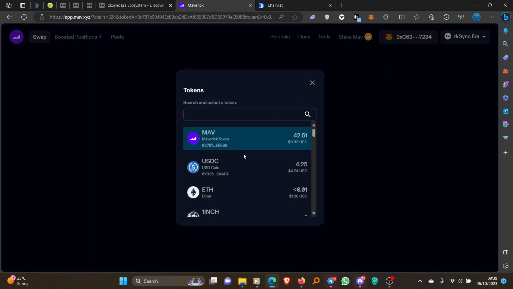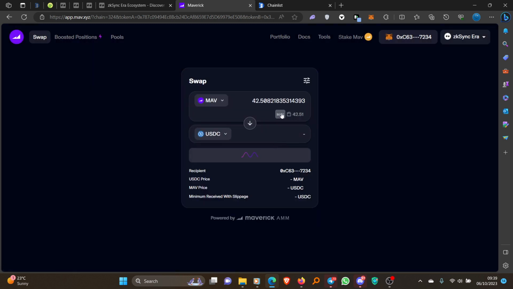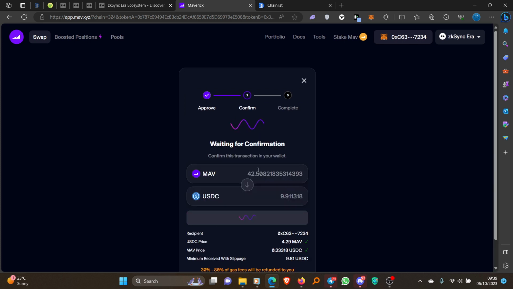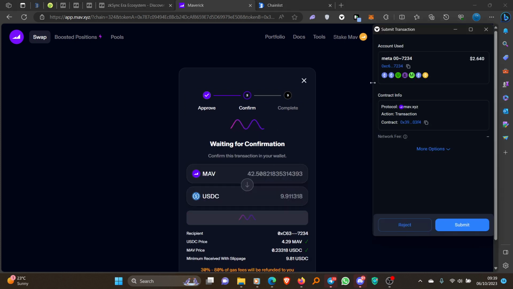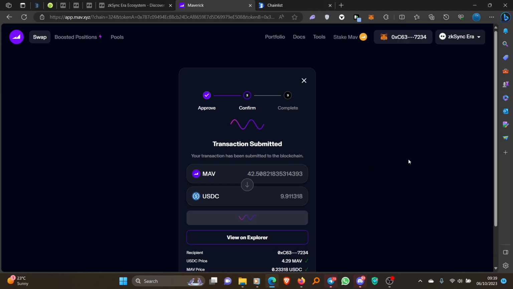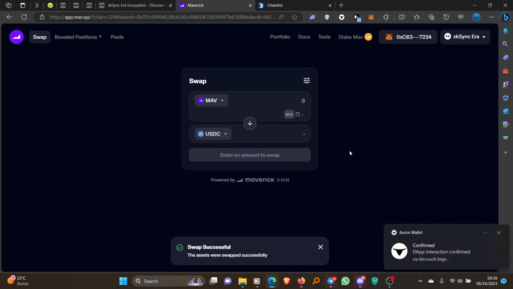Okay, so I have my 42 Maverick here. I click on maximum. Okay, and swap Maverick to USDC. So I'm going to confirm the swap. Open up Orox wallet. So easy. And now I'm going to see the information here and the gas fee and just go to confirm. And that's it, done. So if I go to the Orox wallet,